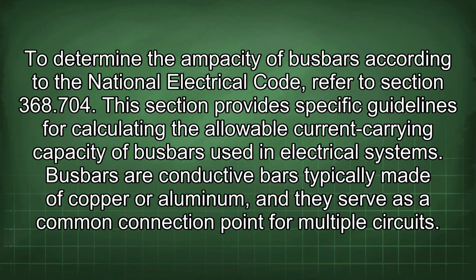To determine the ampacity of busbars according to the National Electrical Code, refer to section 368.704. This section provides specific guidelines for calculating the allowable current carrying capacity of busbars used in electrical systems. Busbars are conductive bars typically made of copper or aluminum, and they serve as a common connection point for multiple